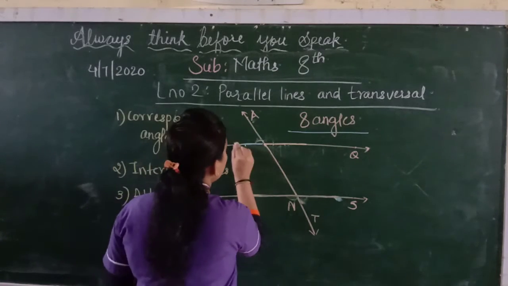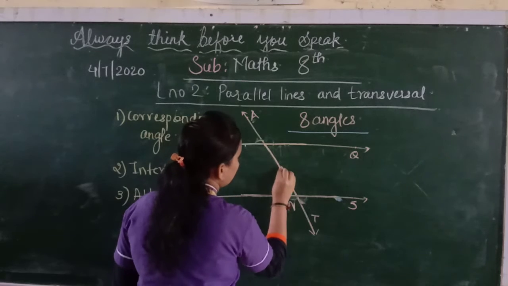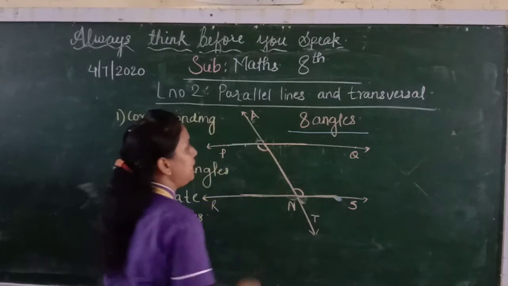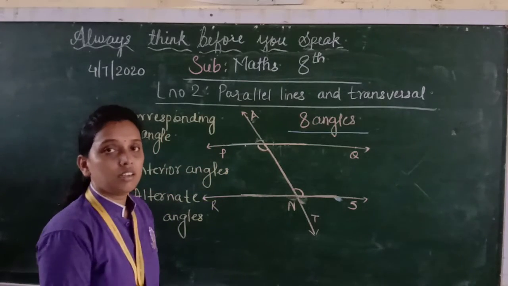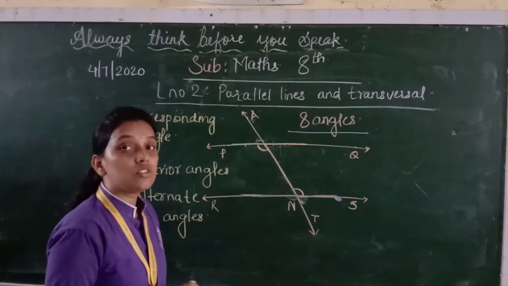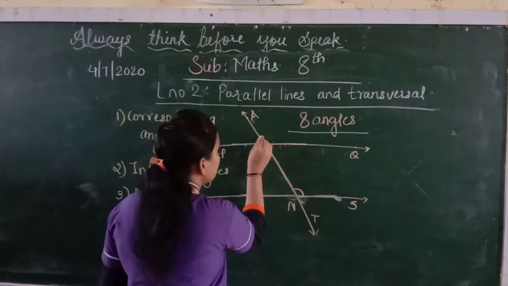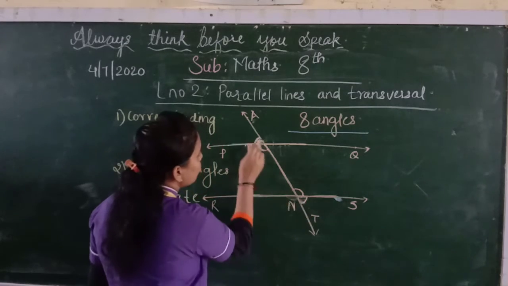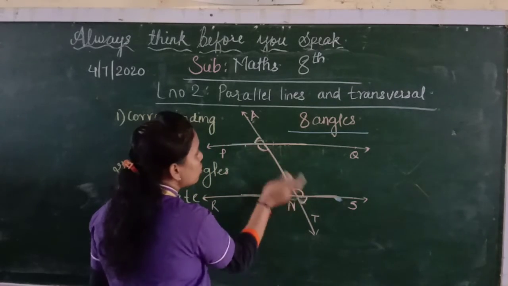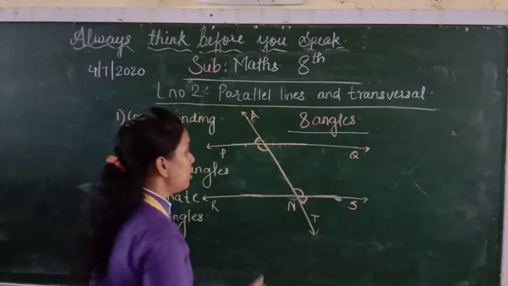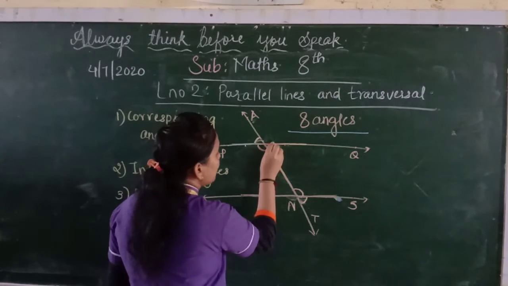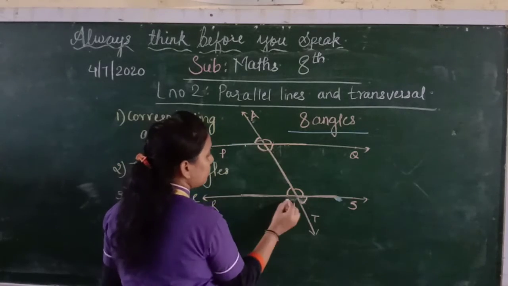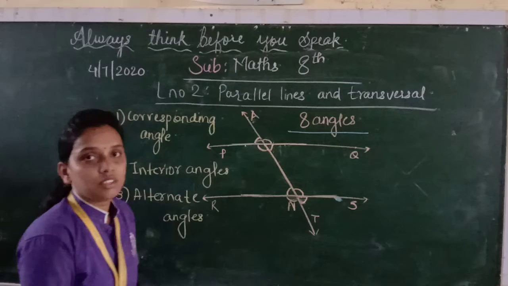Now see, when it is forming a Z over here, this corner and this corner is the interior alternate angle and the other angle is exterior alternate, just outside. So this pair, and which is the outside angle for this? Here. So now the outside of that Z, those are known as exterior angles. Now if you consider over here, you will get this angle and this angle as interior angle, and just top of that will be the exterior angle.